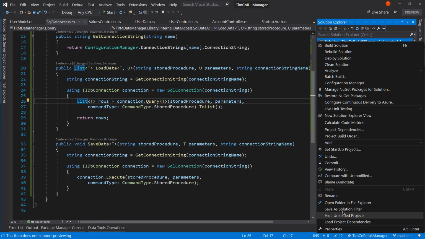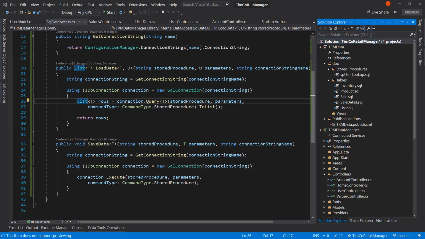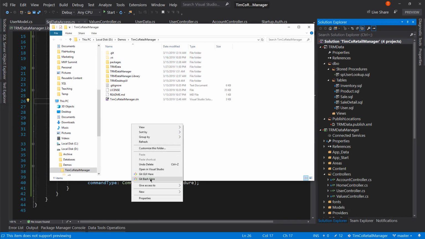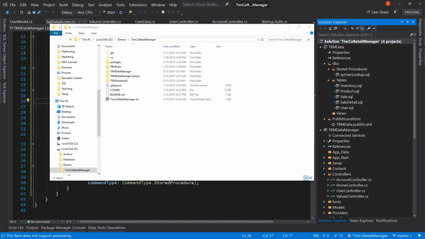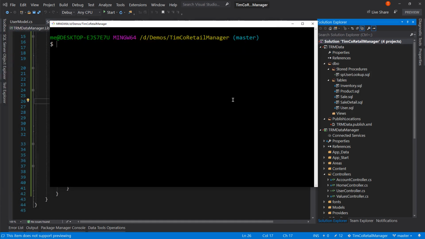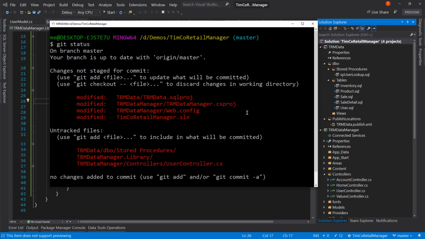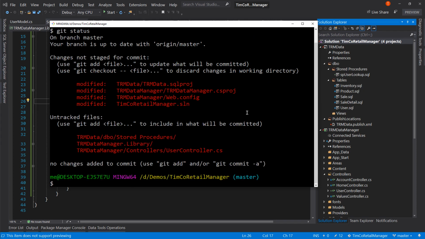Let's go ahead and open the file in Explorer. And I'm going to actually do a git bash here. And git bash, what it allows me to do is this is git, G-I-T, source control on top of a bash window. So I can say git status. And this gives me all the changes that are currently not staged and untracked. One of the things I can do is I can do a git